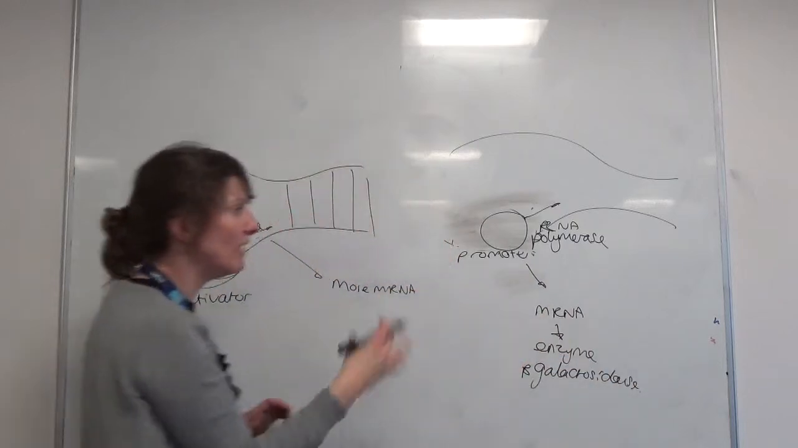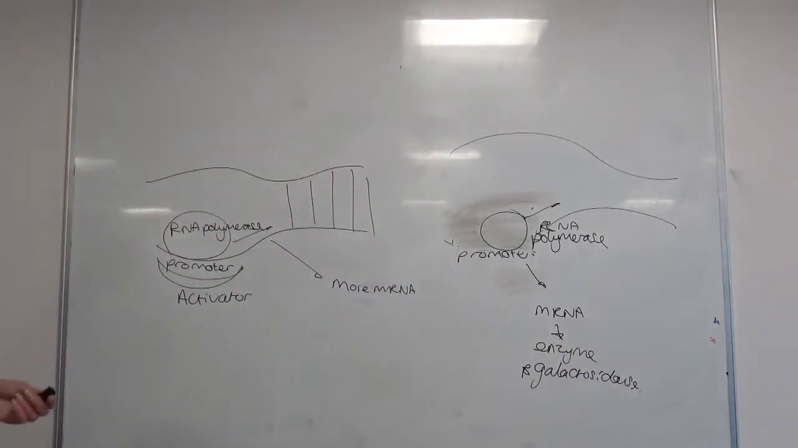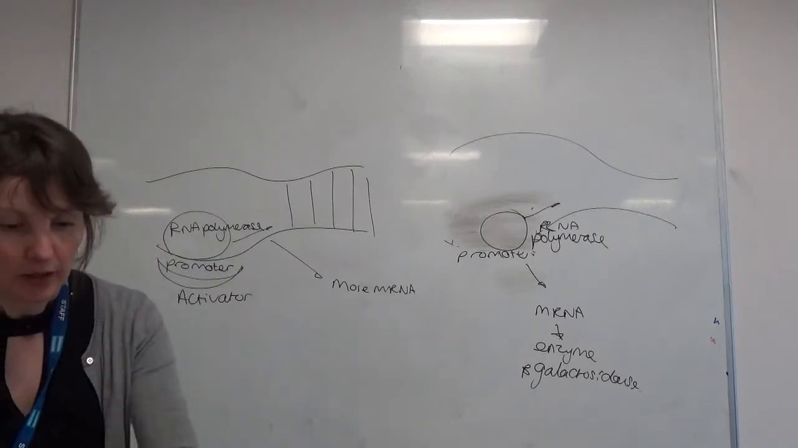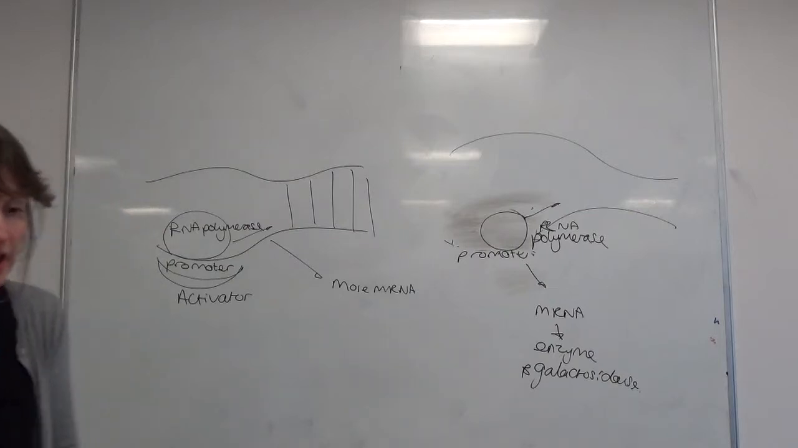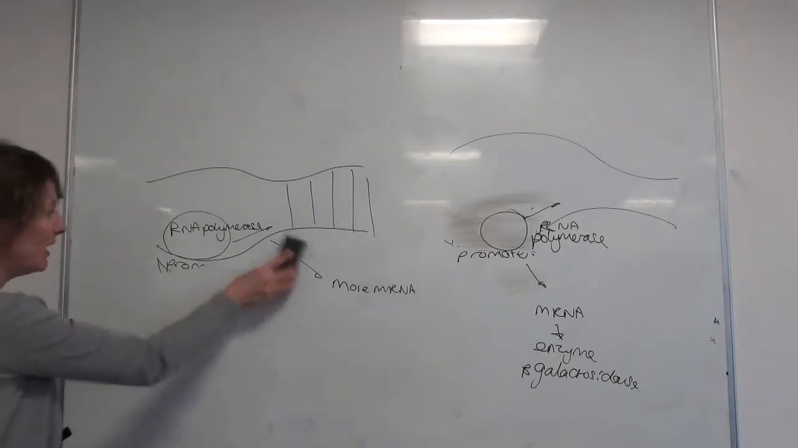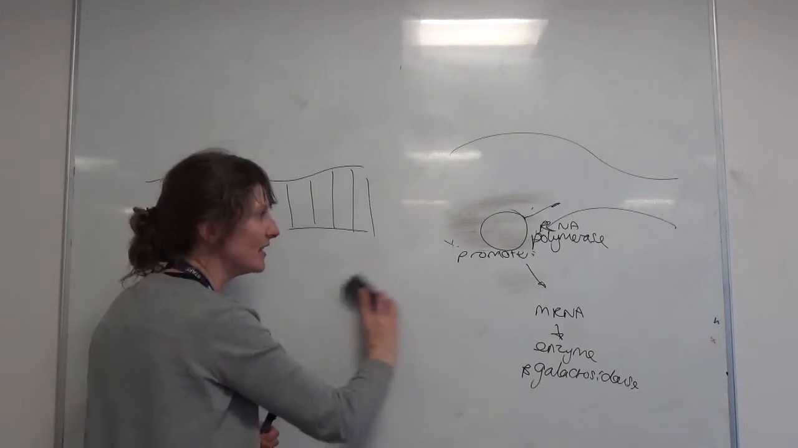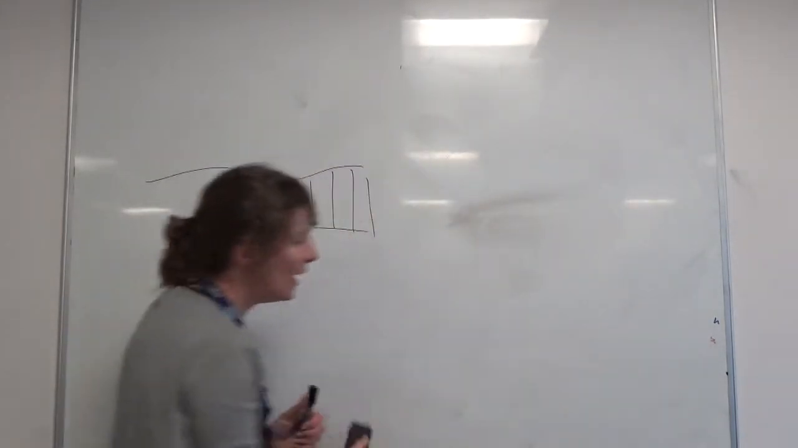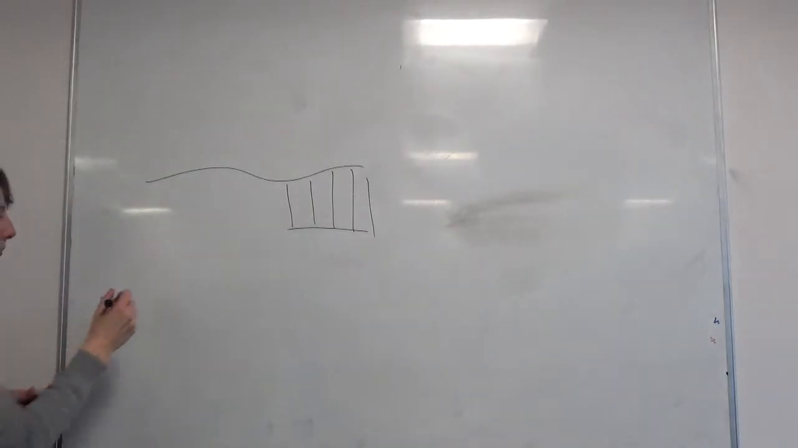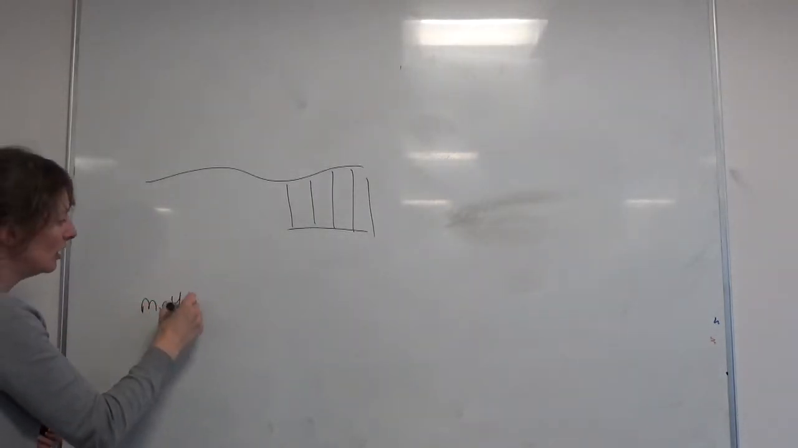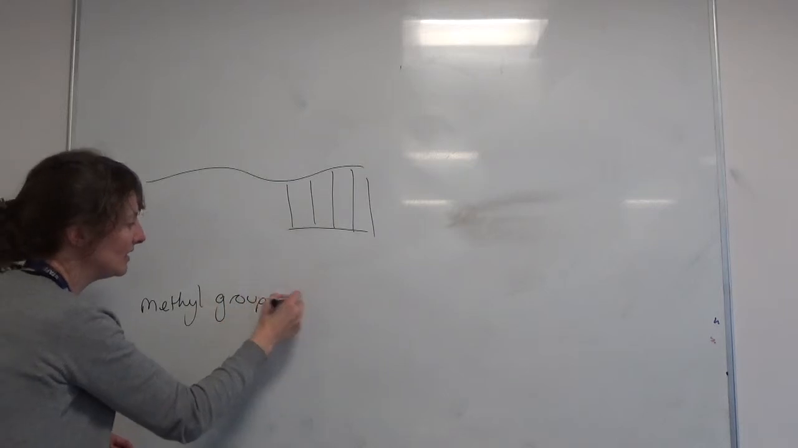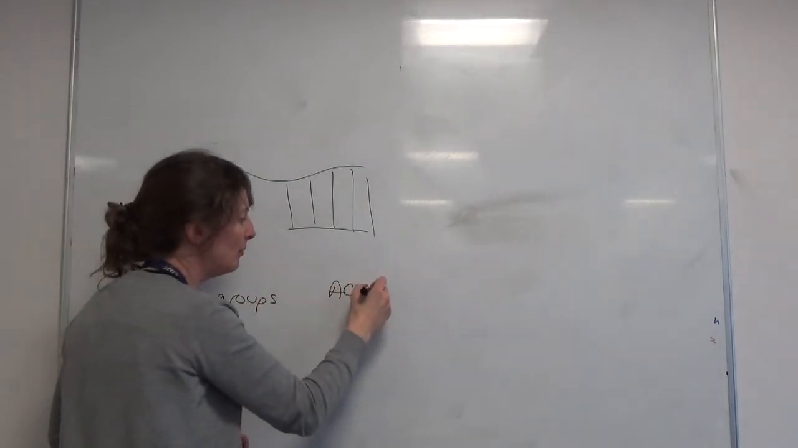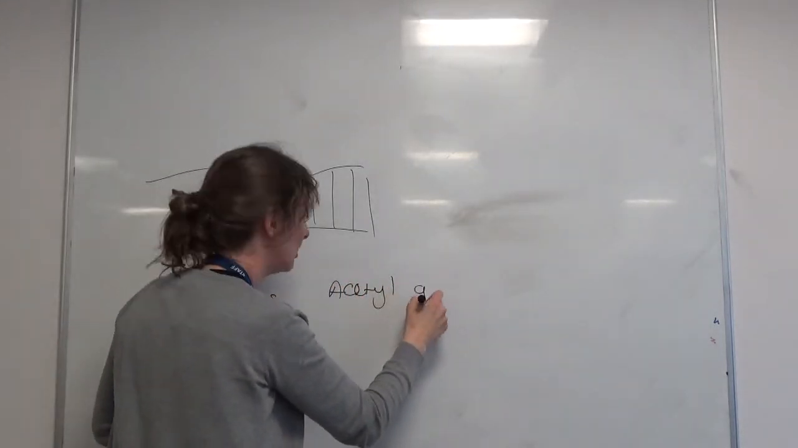So it's a good way of regulating gene expression, because when you need a gene to be transcribed, it will be, and when you don't, it won't be. Okay. So the second way of controlling gene expression is through epigenetics. Epigenetics is where you can have molecules or epigenetic marks, for example methyl groups or acetyl groups are two examples of epigenetic marks